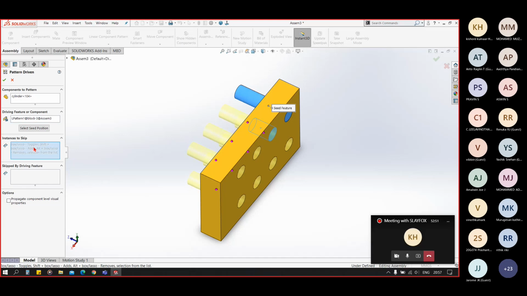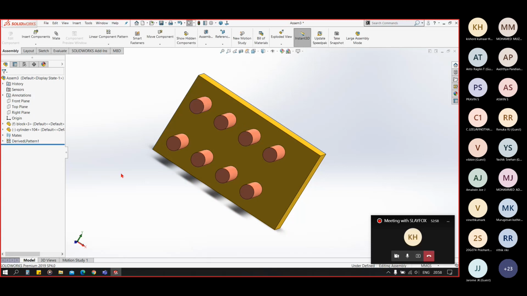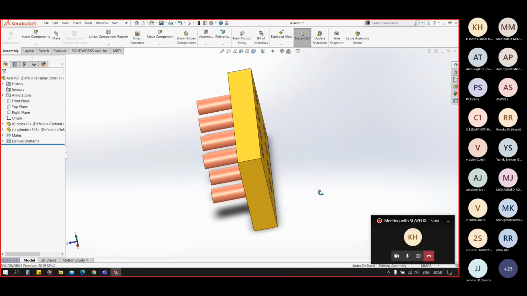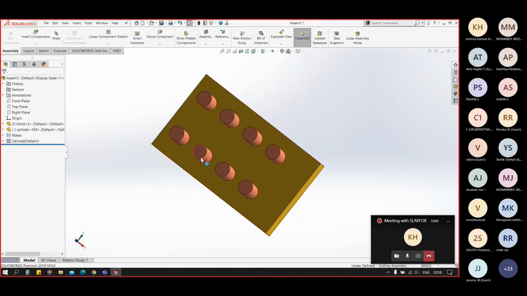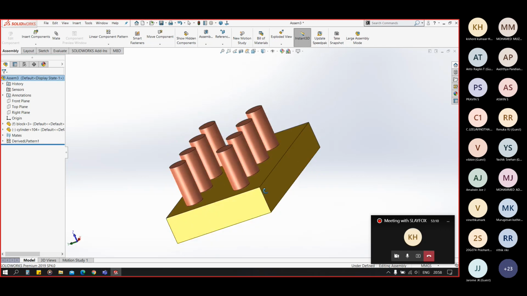Again, we have our instances to skip feature here. We can again skip one or two. Click on OK. Now you can see all the holes are filled up by cylinders. This is a very smart tool you can use in your assemblies.